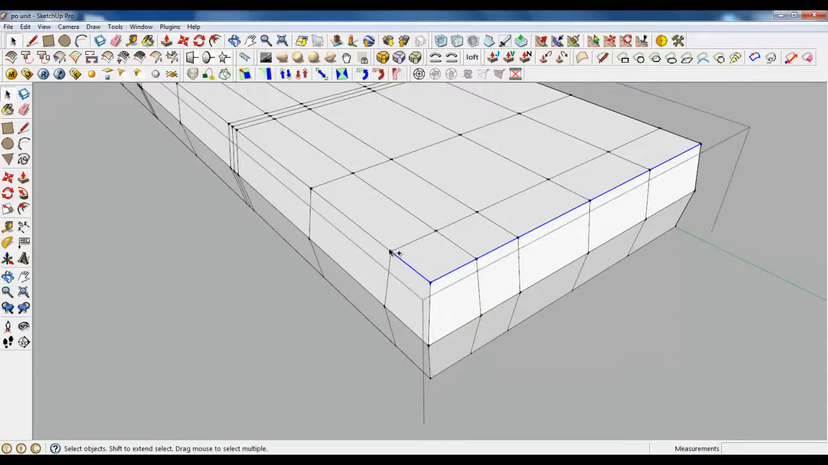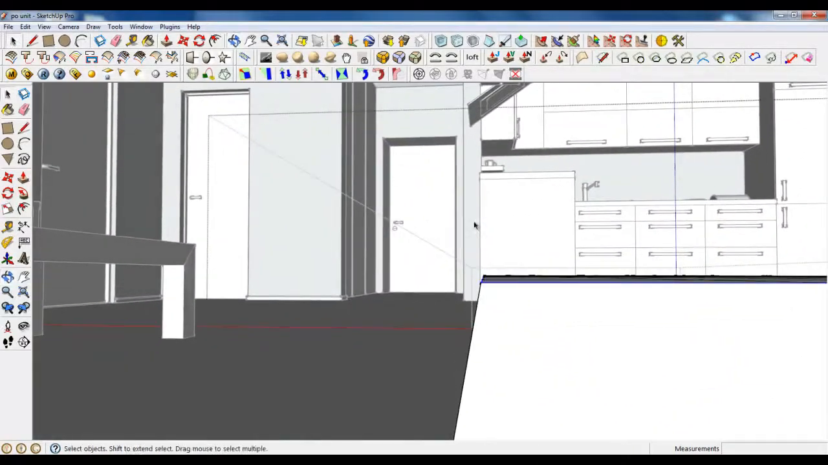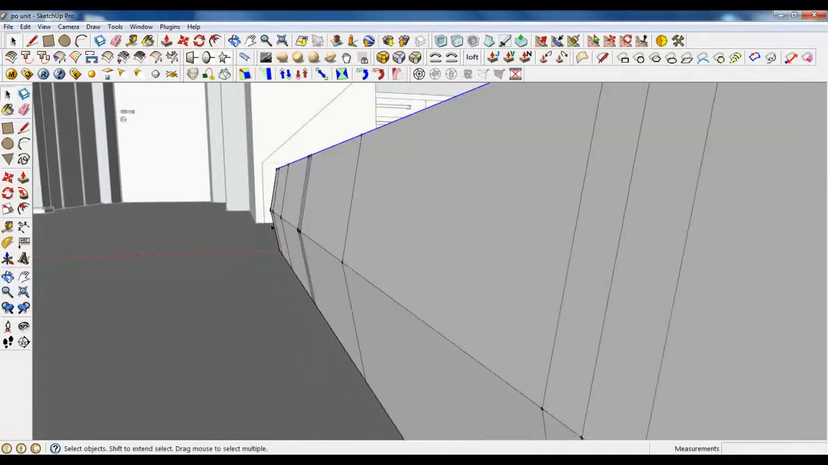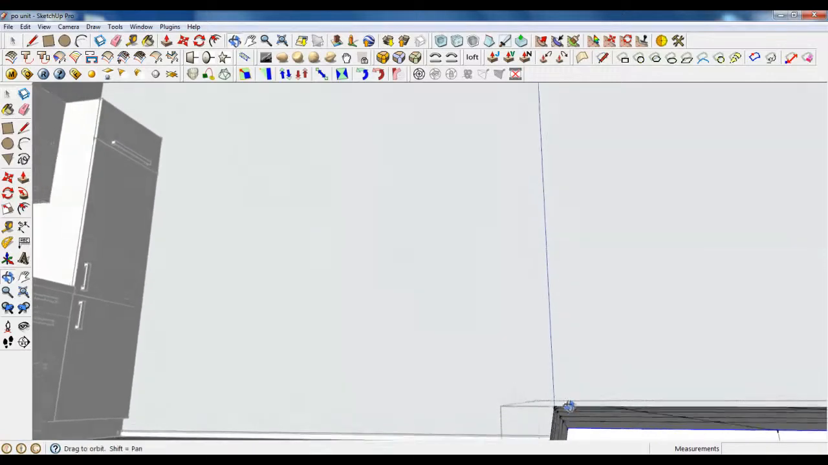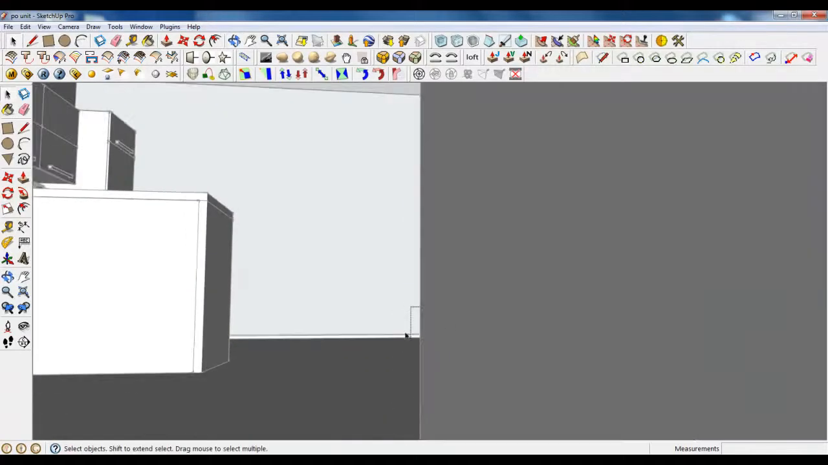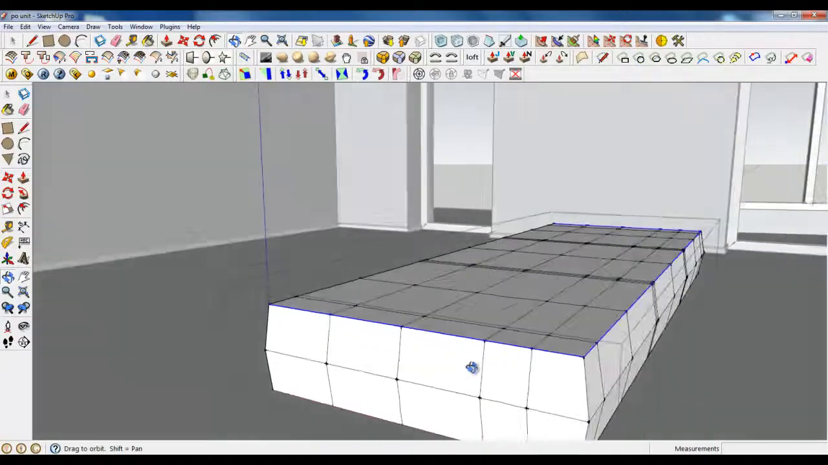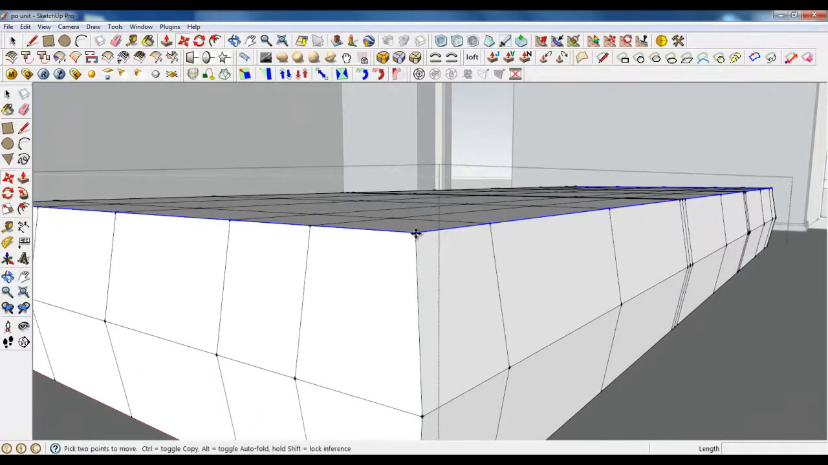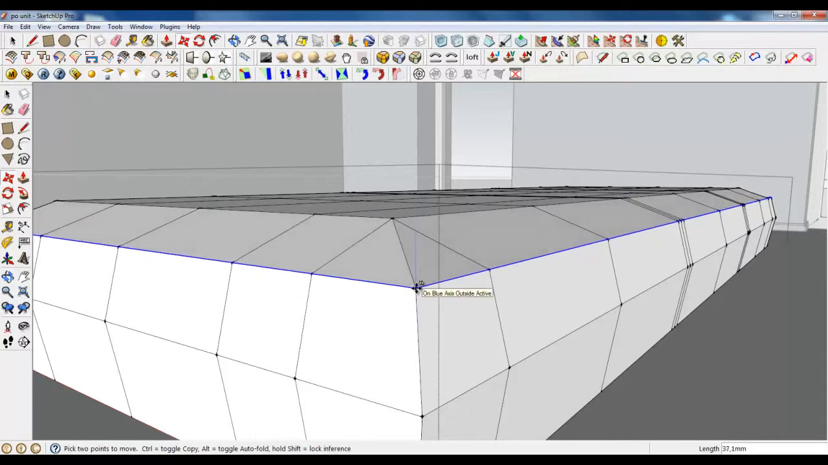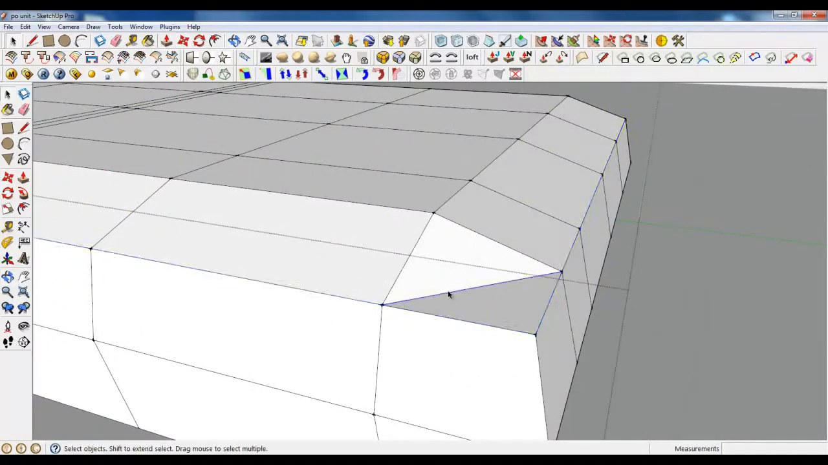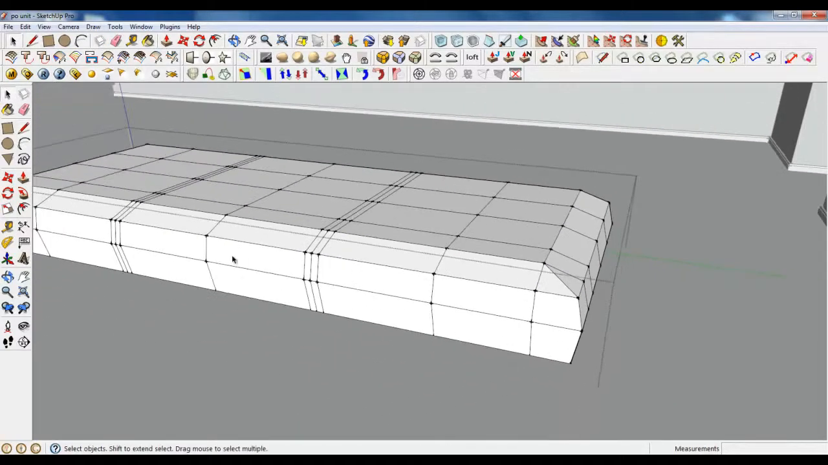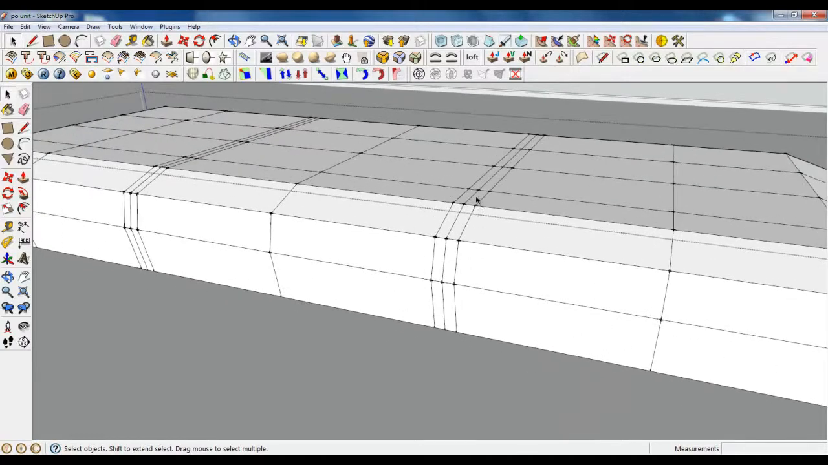Now select all the edges. This is the fastest way. When you have them blue, just drag them down for about, let's type in 35. Also fix this face, delete this line and create the new one. Okay, we are almost done, but